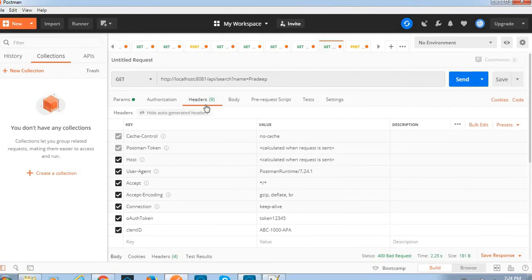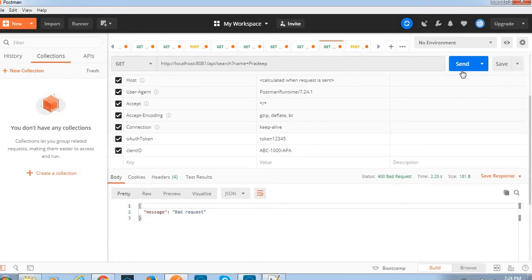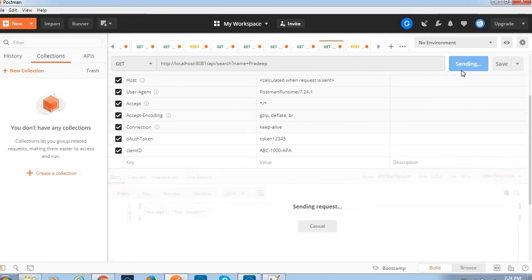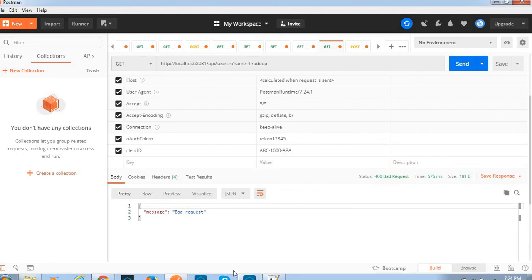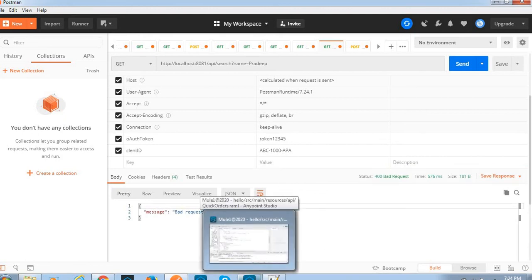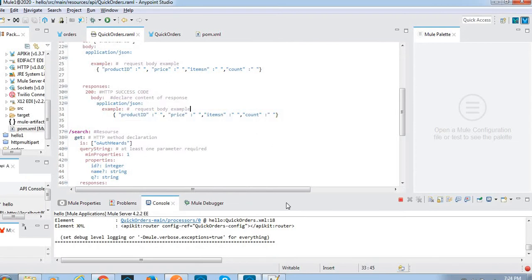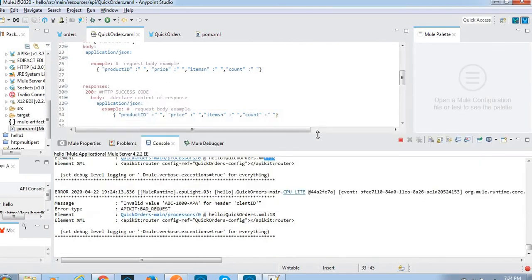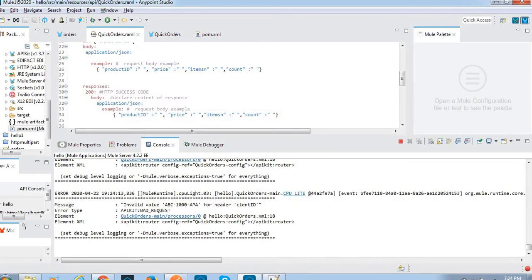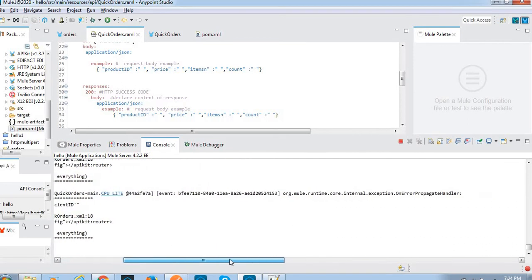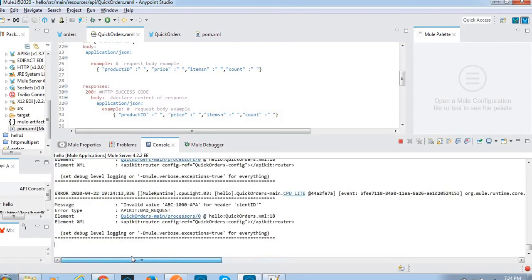In the header we have to enable and give the values, and then make a request. The request is sent. Okay, let me see the token. Another propagate handler, and for header client ID invalid value.